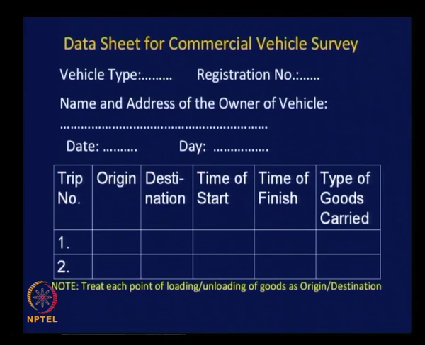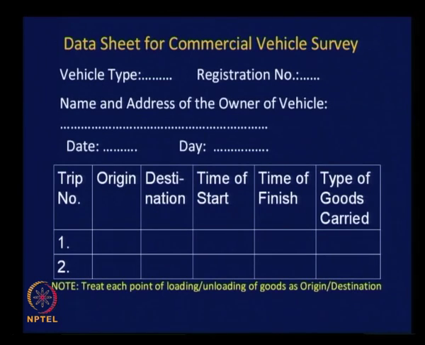Mostly light commercial vehicles will be carrying goods in large proportions, and you will find these vehicles will be distributing goods to all the retail centers. So there will be a number of stoppages, loading, unloading points and so on. So we have to request them to indicate all the details so that we can track the movement of these vehicles completely within a day,